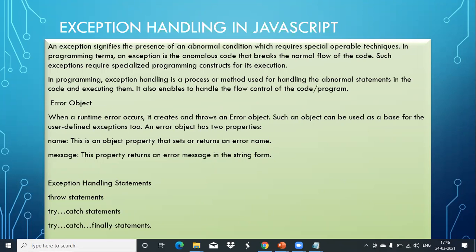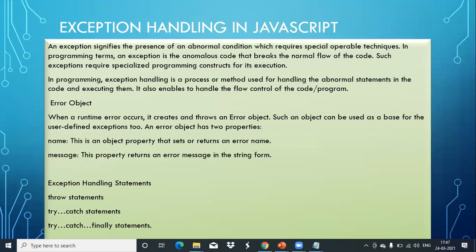Then there is try catch finally. Try and catch will be there, and together with them we use the finally block. In finally, there will be some code that you want to execute always, no matter whether an exception occurred or not. Those kinds of code we can give inside the finally block. Because catch executes only when an error is there inside the try block. If an error is there, and also if no error is there, and you want to execute some particular code in both cases, you can give that inside the finally.